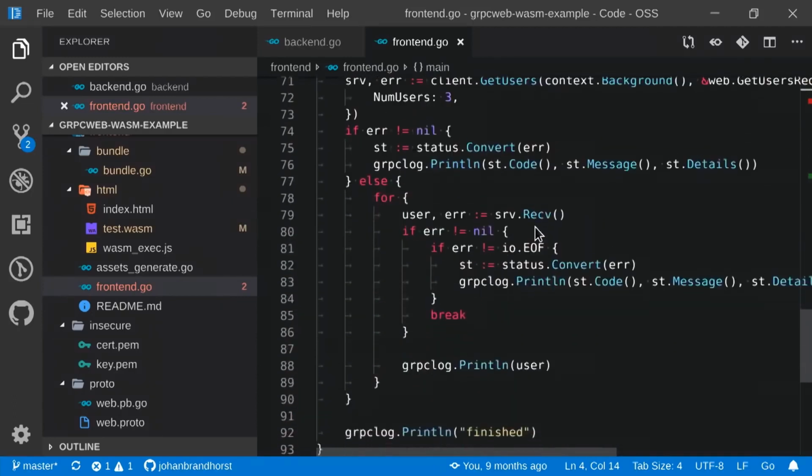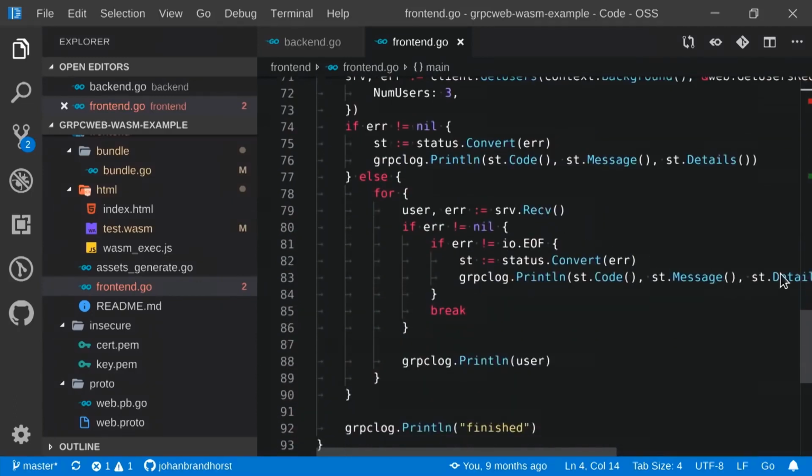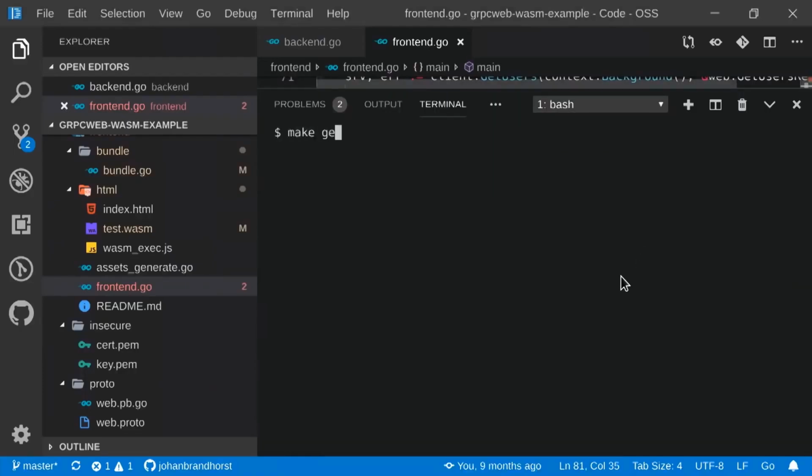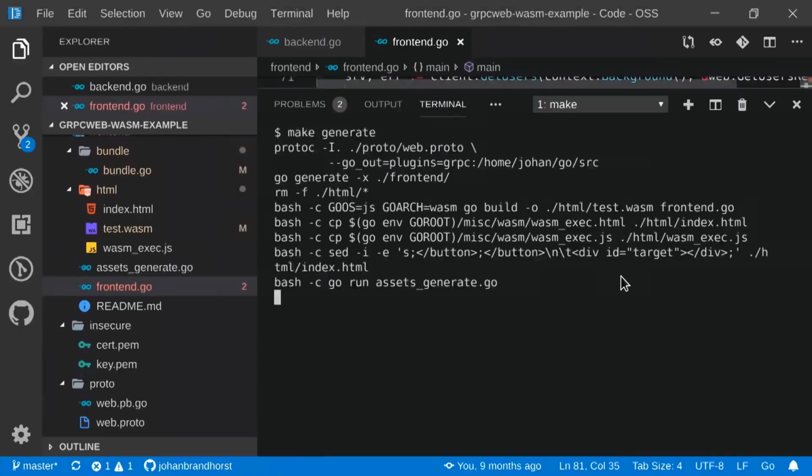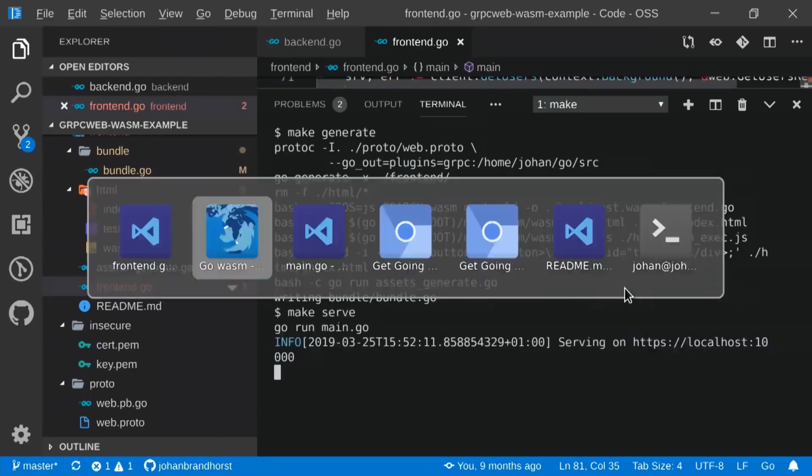And then what we've got is a stream. And streaming is always exciting. So let's see if this works. So this runs protoc, runs go generate on the front end, which copies all the files, outputs it to an HTML directory. We run Dmitri Shuralyov's excellent asset generate thing to compile the static assets into a Go file, and then we run go run main.go. And